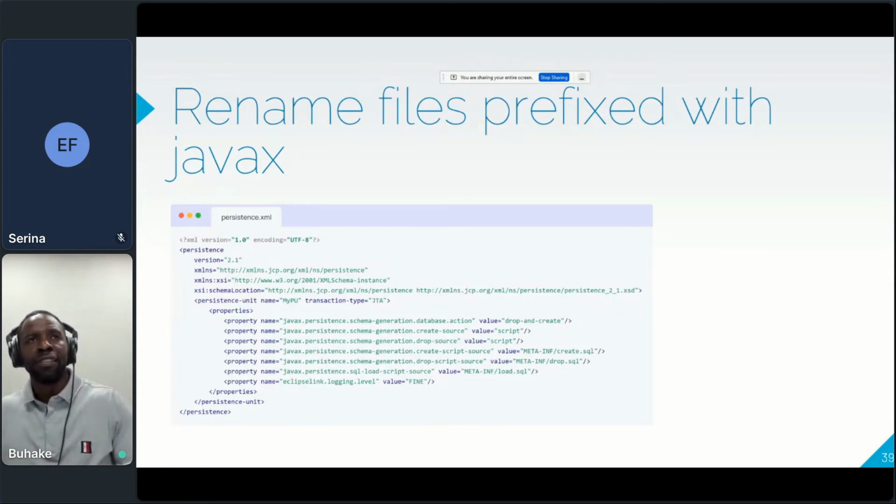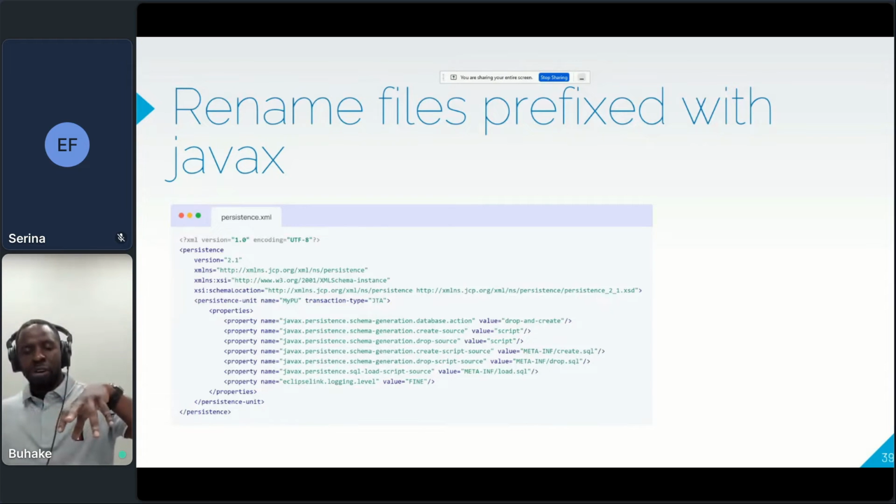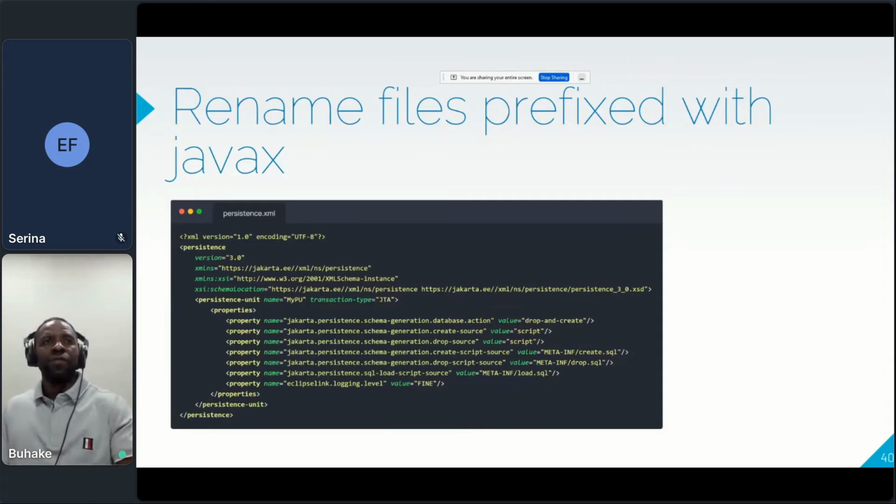You'll see it's called javax.persistence, javax.persistence. So to convert that to the latest version of JPA that exists on Jakarta EE 10, you will just have to change the version to version 3, which is the latest version of JPA on Jakarta EE 10, and then you'll see your properties now changed to jakarta.persistence, whatever that you want to call it. But everything is exactly the same.